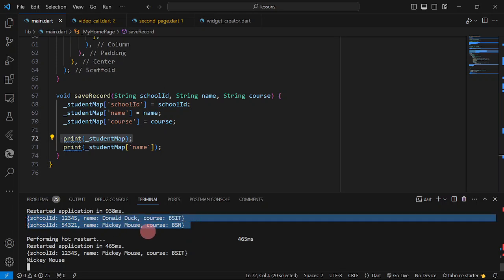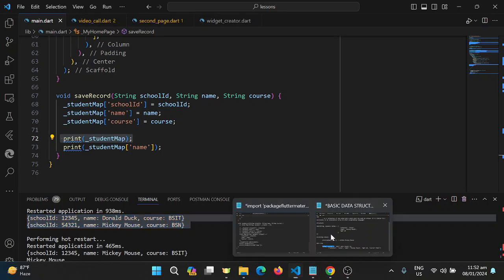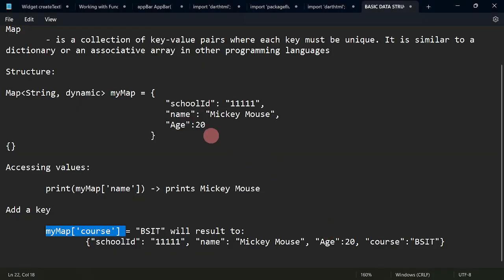But how about if I don't want Donald Duck to be erased or overwritten? In that case, we are going to use a list. What will happen then is we are going to create a list of maps. In my example, here it would be,